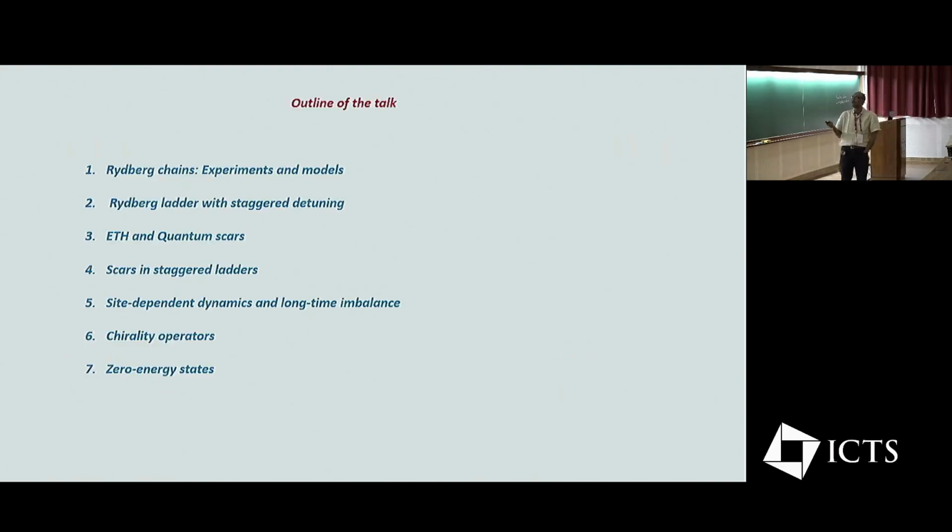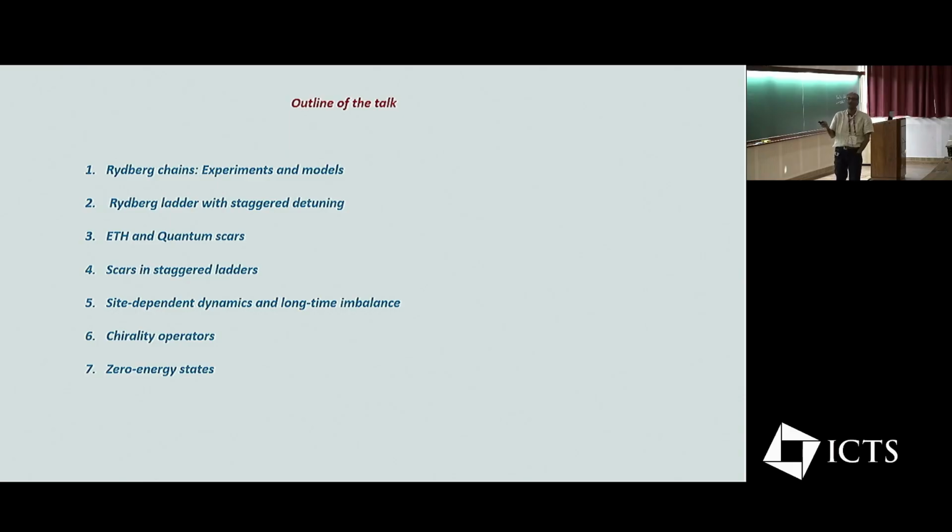So first I'm going to talk a little bit about Rydberg chains and then go to ladders, talk about ETH, that is eigenstate thermalization hypothesis, and how it can be violated by scars. And then come to the main topic, which is scars in these staggered ladders. What I'm going to show is that these scars lead to, first of all, site-dependent dynamics even in the long time limit, and give rise to a long time imbalance even when there is no disorder in the system. And this, I think, is one of the central points of our work,